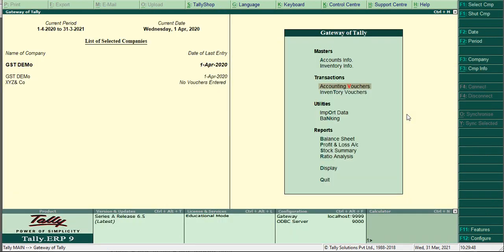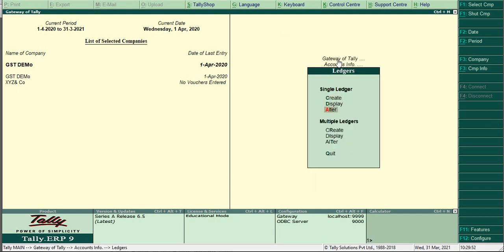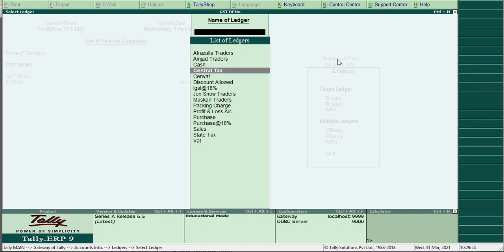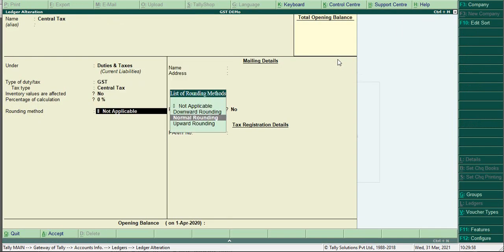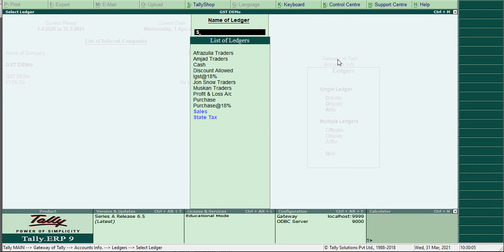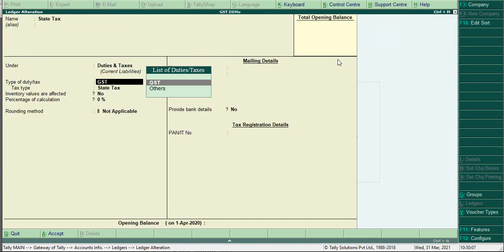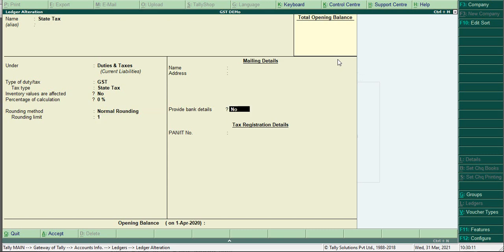So here we will go to ledger, alter, and choose the central tax. Here I didn't mention any rounding mechanism, so make it normal rounding, as 1. Again for state tax also, rounding mechanism as normal rounding, make it as 1.